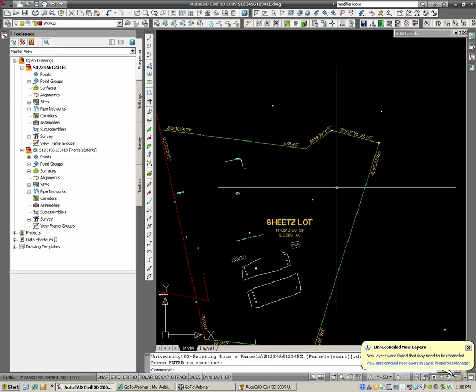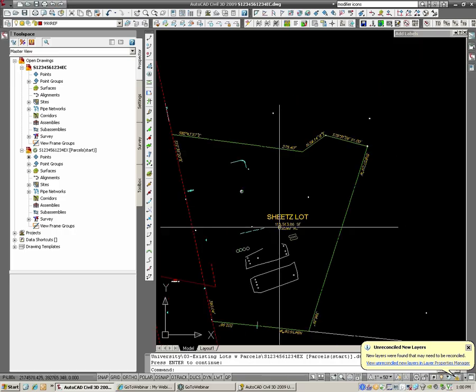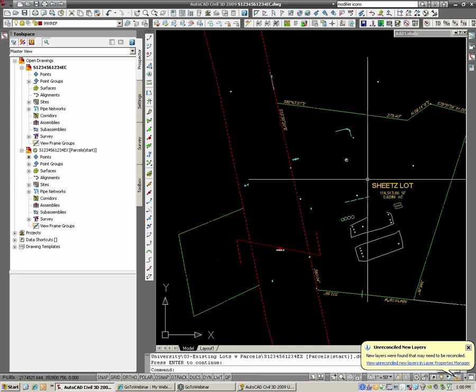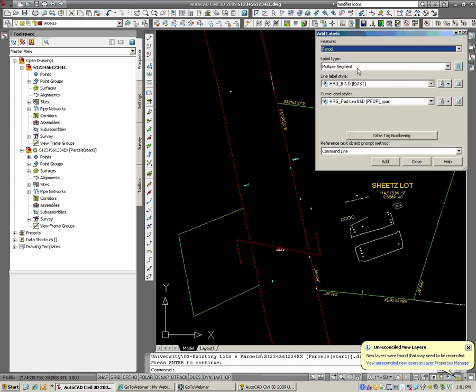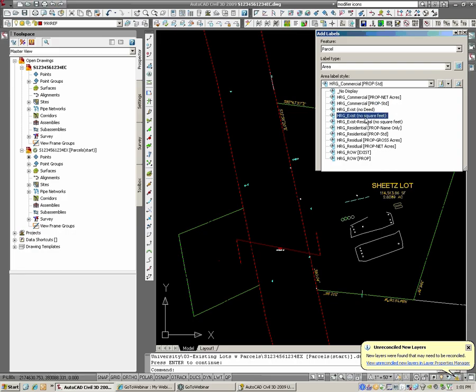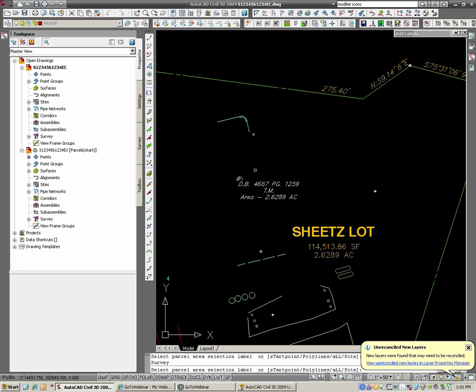So labeling through the XREF is clutch. Even this area, I don't know if you caught that, this area updated. So use that to your advantage. You can label areas as many times as you want. You can add another label here, area. You can go up to parcel no square feet, hit add. Even that,